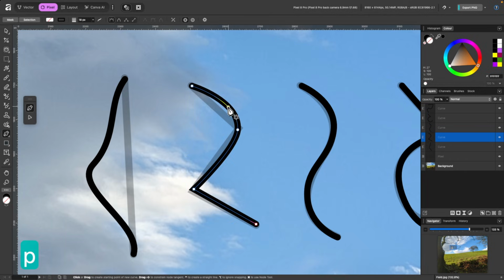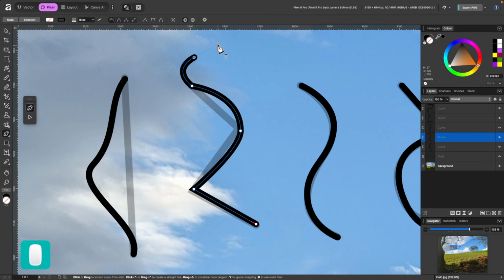So we'll enter the pen tool again. And from this point, I'm just going to hold down Command on the keyboard. And watch what happens when I do that. You see, we have our node tool back. So you can actually toggle between the pen tool and the node tool just by holding down Command. And this comes in really useful if you want to make quick changes.